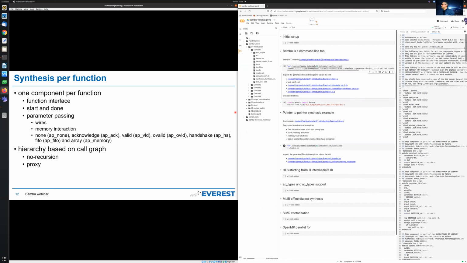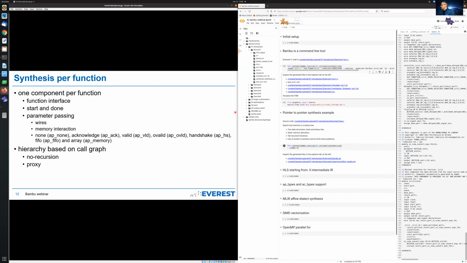The Verilog is hierarchical, and it is going to have more or less the same structure. You are always going to have clock, reset, and start ports. Then you have the parameters for the function, and then you have the done signal in order to assert the completion of the execution,